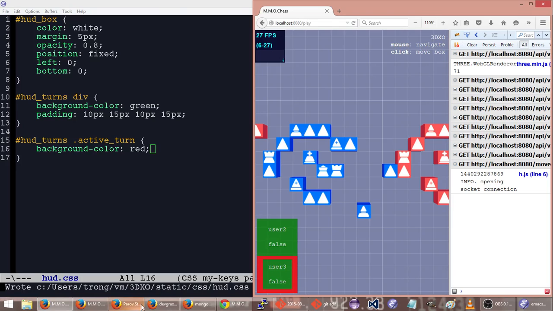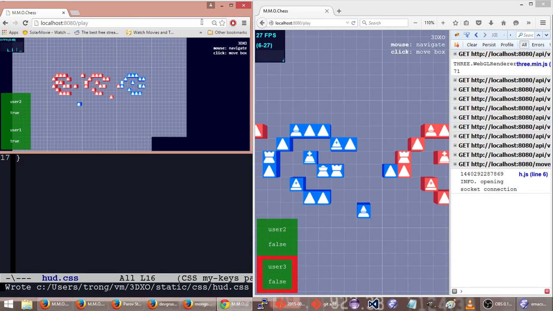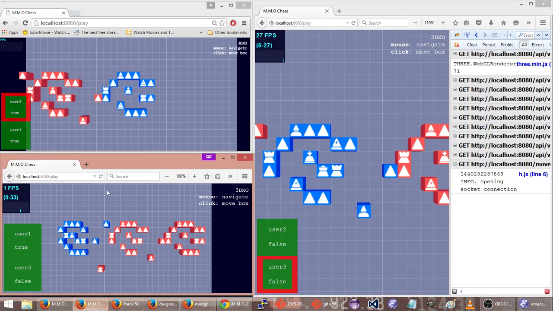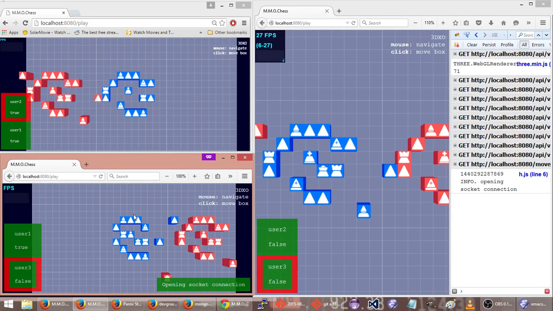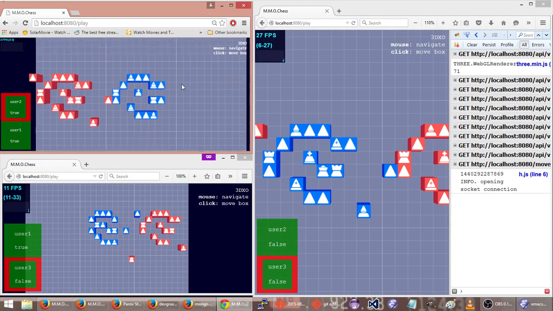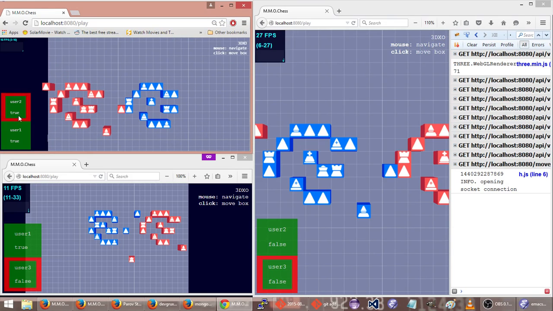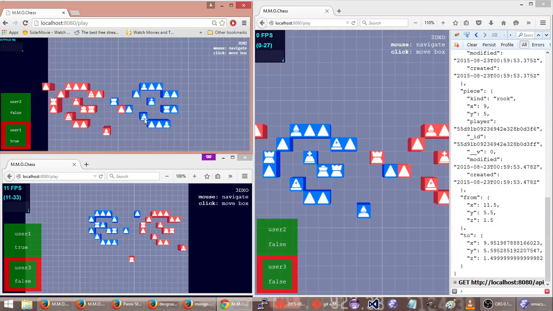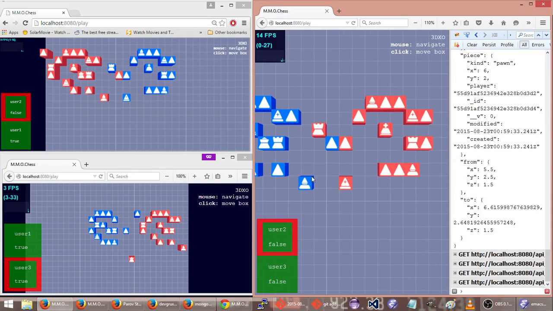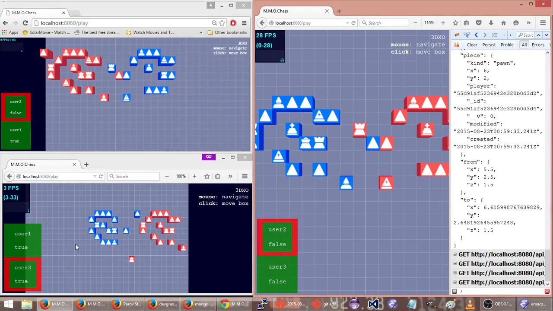Yeah, so it's kind of ugly. Okay, so the active turn is here and here, here. So right now we can move because it's true and it's active. Okay, and then we can make another move. Now we can't move because